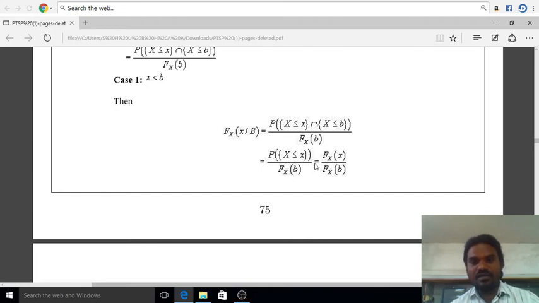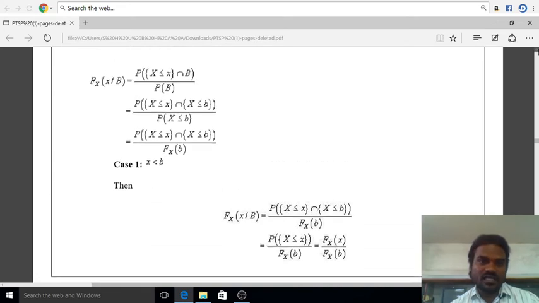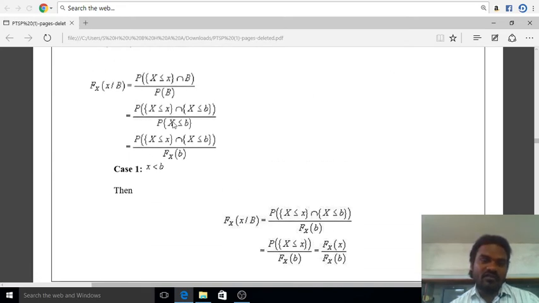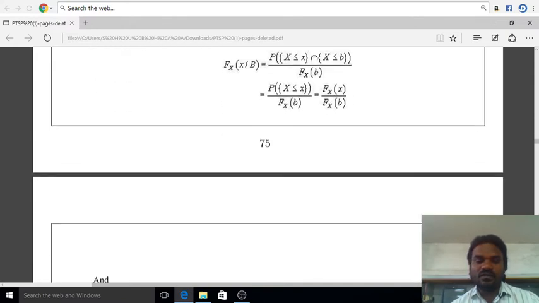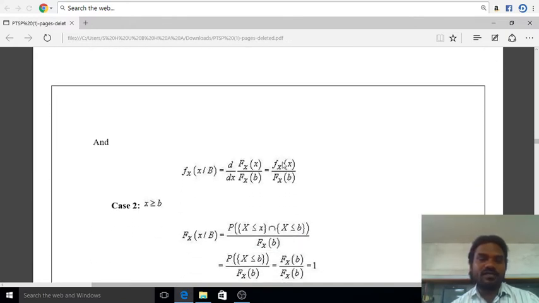If in this case the probability of X less than or equal to b is represented as F_X of b, then in place of b we have x now, so the probability distribution function is F_X of x by F_X of b. So you can write this formula, which is given as the probability density function, f_X of x by b,